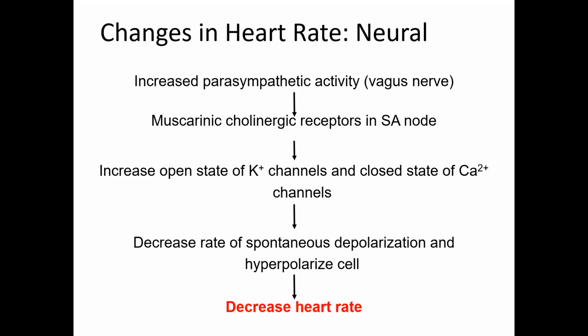And so in order to depolarize, the cell is going to have to work even harder to overcome that hyperpolarized state that's being created by opening up these potassium channels. Remember, when potassium channels are open, that's going to allow potassium to leave and keep the membrane potential more negative. Likewise, if we close calcium channels, we're going to make it hard for that initial depolarization to happen. And so these events are going to decrease the heart rate